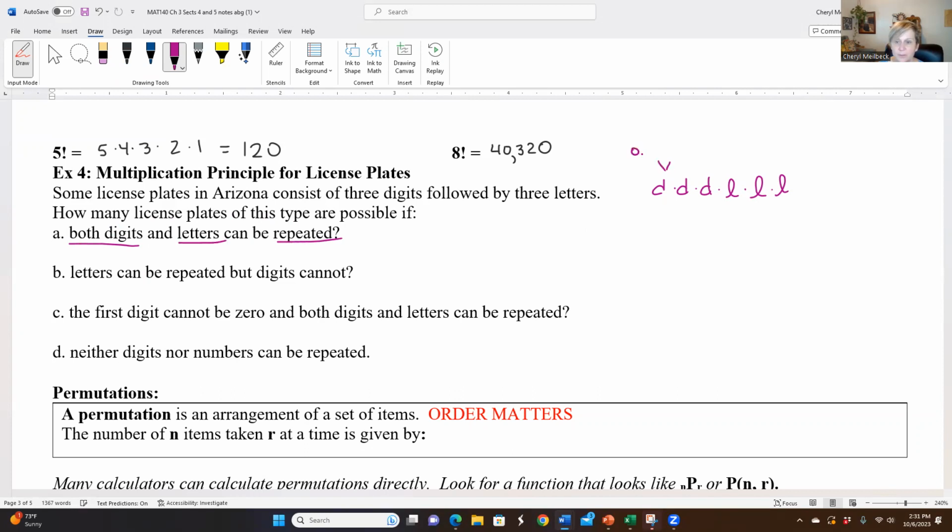For digits, you have the number 0, 1, 2, 3, all the way out to 9, which means there are 10 digits to choose from. So if digits and letters can be repeated, then for the first 3 spaces in our license plate, you go 10 times 10 times 10 to represent all those digits. Similarly, if letters can be repeated, there are 26 letters of the alphabet, so that would be 26 times 26 times 26. So if we do this on our calculator,